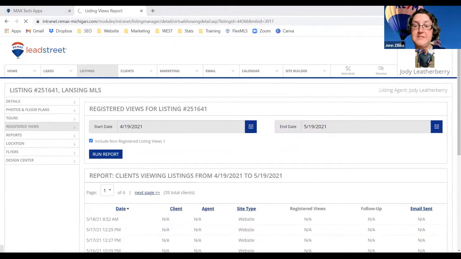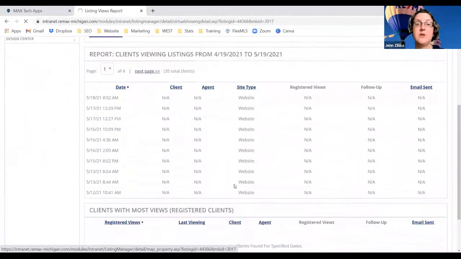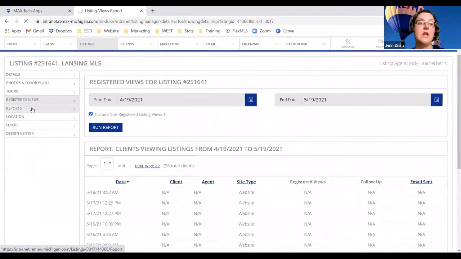And to me, that's the most important: you can add the client's email and they will automatically be emailed this graph or chart that has the previous activity on their listing. That way, if they're asking you, hey, where's the proof? Then you can show them. You can also send a copy to